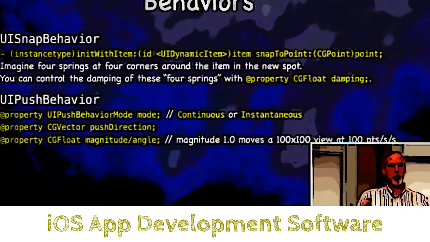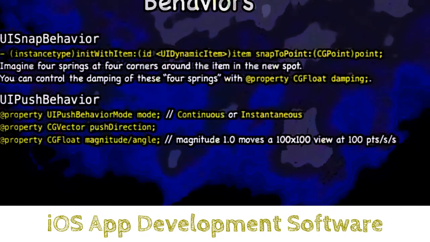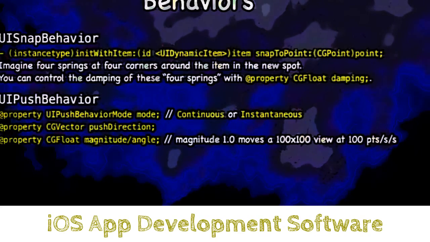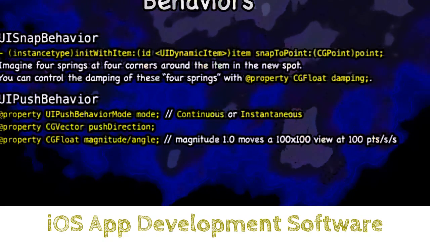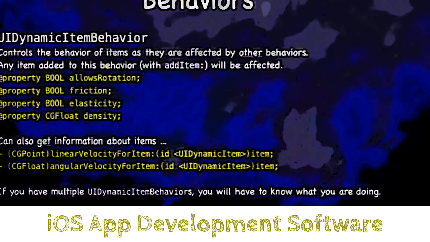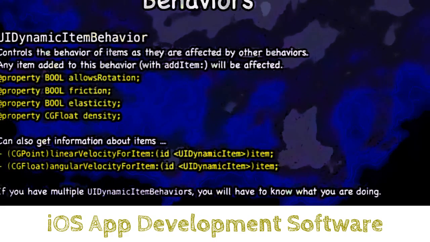Also, you have push behavior, which is you can push an object and it'll start moving. So especially if you don't have gravity, this might be what causes things to move. You push it and it moves across. And these items have friction. They have density when they collide with each other. So push, you can read about push and how you specify the angle and the magnitude and all that. Okay? So another thing about behaviors is you want to be able to set this friction, elasticity, the density,